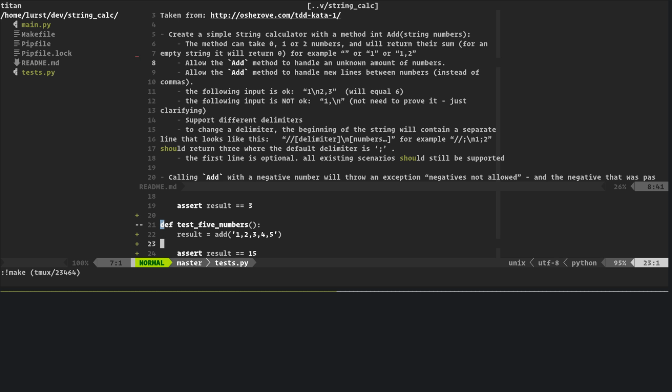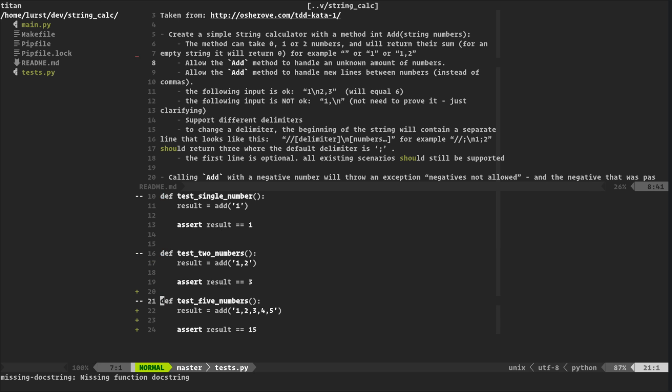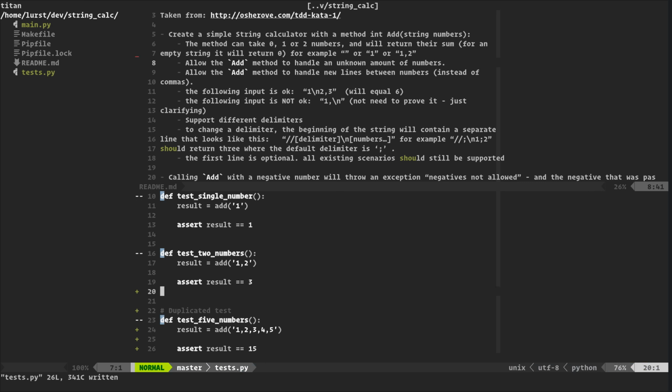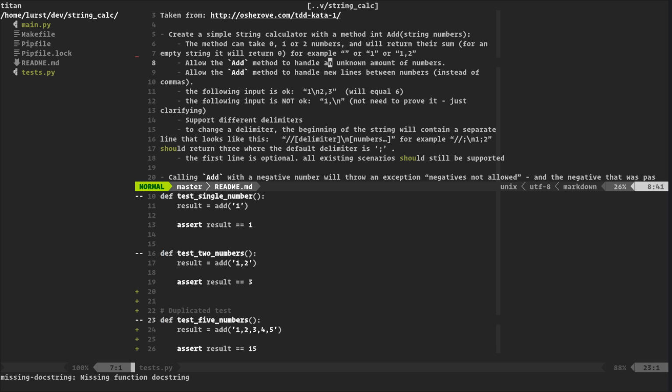So let's run the test, see if I can. So the test, yeah, they passed. So this is a duplicated test. Let me just right there. I don't know if we're going to change this later, but at least I think these 2 are duplicated. Let's see. So allow the add method to handle an unknown amount of numbers.